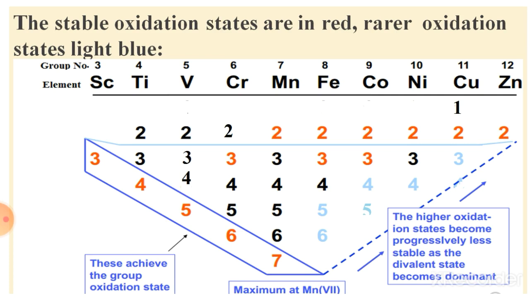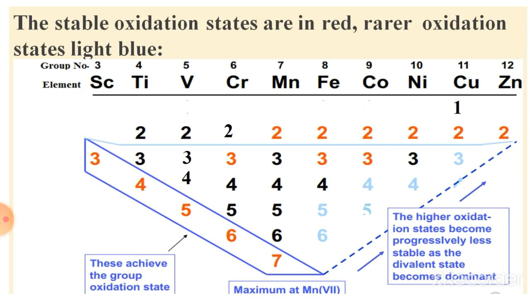So this is also a group number oxidation state, that is Mn belongs to group 7. That means it also has the highest oxidation state, that is +7. But after that the oxidation state decreases. Note this down also: Mn forms the +7 oxidation state with the highest electronegative elements, that is fluorine or oxygen.